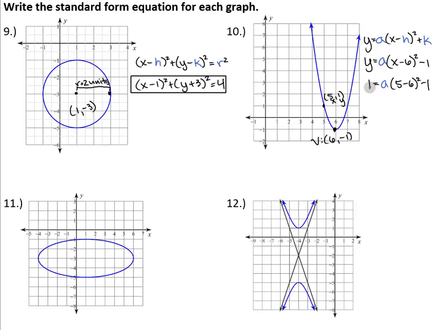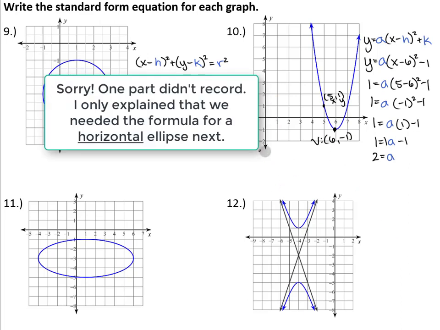Okay, so substituting in 1 for y and 5 for x, let's go ahead and simplify everything over here. Okay, so 5 minus 6 is -1. Squaring that is 1. 1 times a is 1a, minus 1. Of course, 1a is just a. Add your 1 over, and we figure out that a for this graph is 2. So plugging that in with our h and k value from before, we get y equals 2 times,